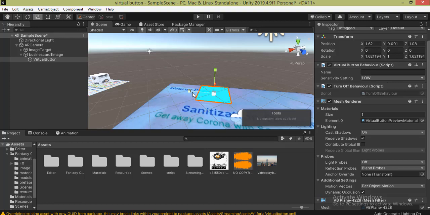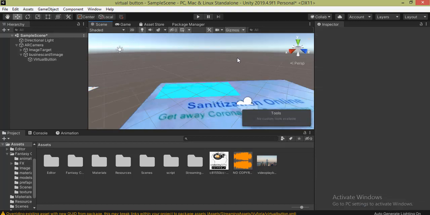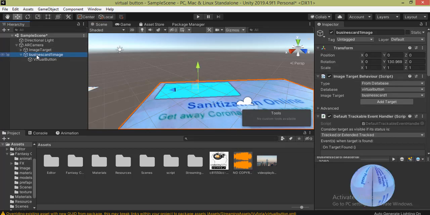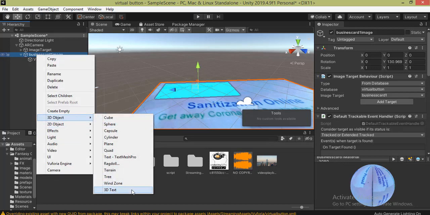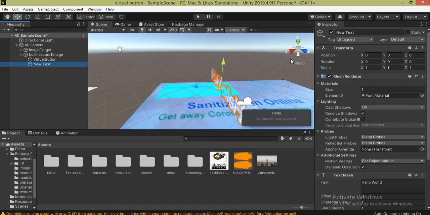Again I select the scale tool and increase its size. And now I'm going to add a text over it. So for that, again I just select the business card 1 image, right click over it, go into the 3D object and select a 3D text. Go into the inspector panel,